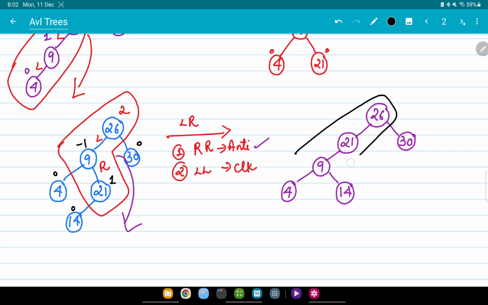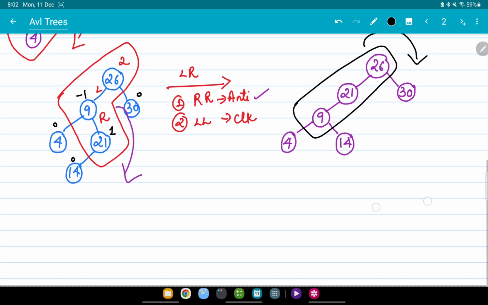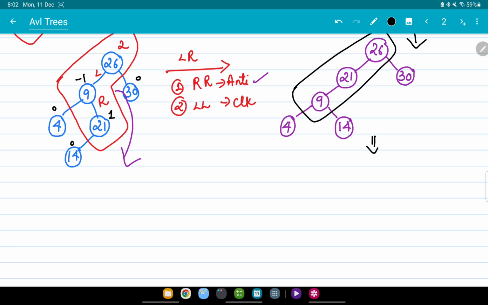So these 3 nodes, that is 26, 21 and 9, we have performed the anti-clockwise rotation. Now time to perform clockwise rotation. So clockwise rotation will turn this side. So in that what will happen is, after performing that rotation, 21 will come at the top and then 26 gets pulled down. Okay, and 30 is coming onto the right side of 26 as it is, and on the